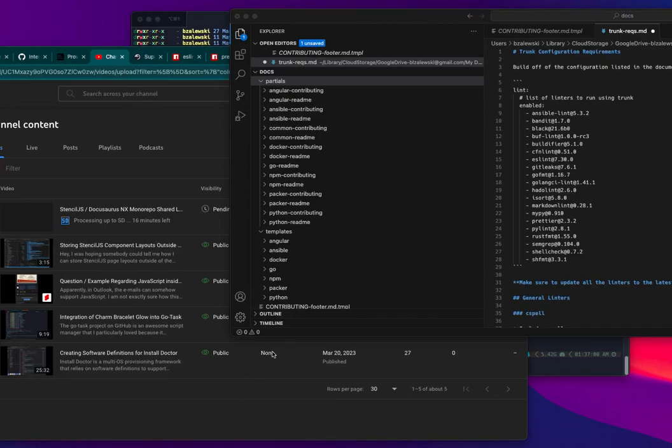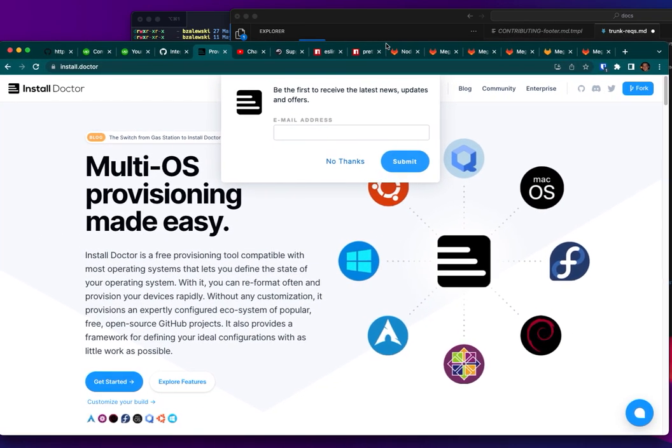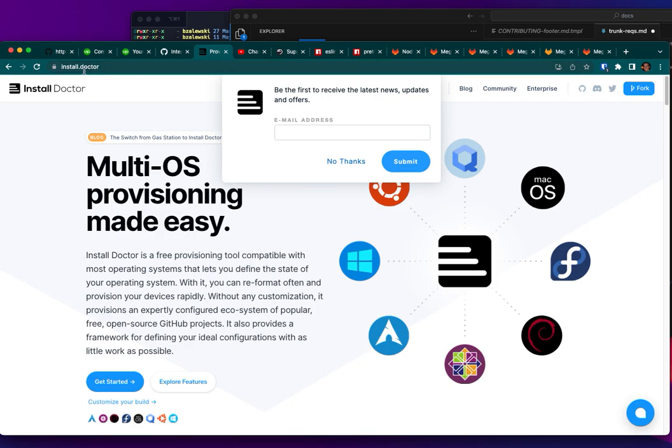This video is going to quickly summarize what Install Doctor is, what Megabyte Labs is, and more specifically, integrating trunk.io into our stack. So we'll start off with Install Doctor. Install Doctor is one of our projects, and it's at install.doctor. That's the